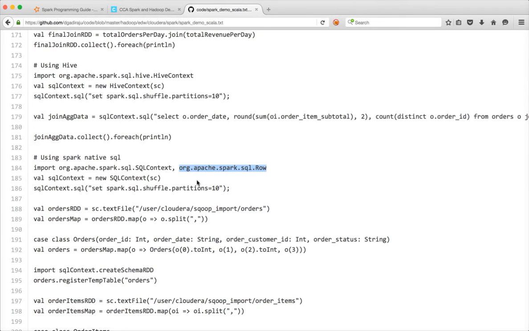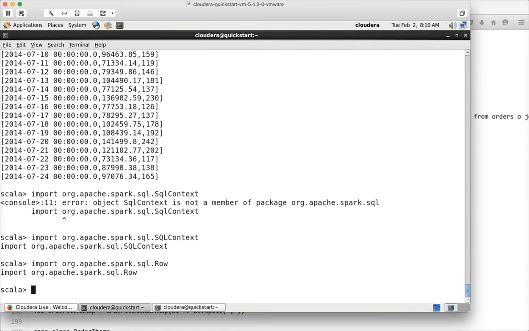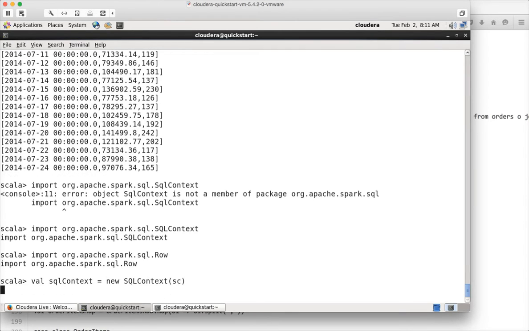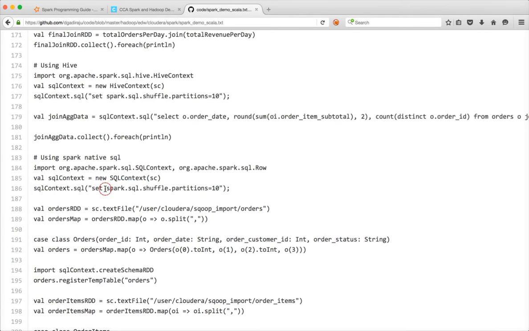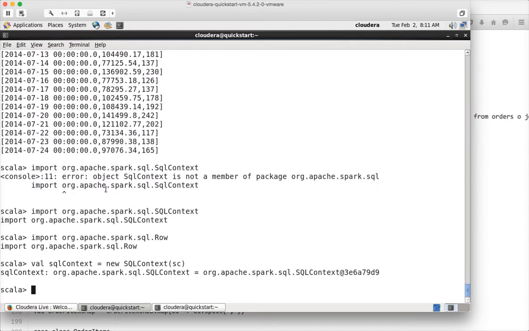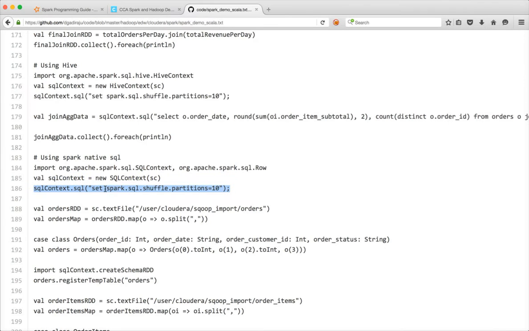Okay, so now we have imported the SQL context and Row. We have to create a variable by invoking the SQL context constructor with the Spark context parameter, and here I am setting the shuffle partitions to 10. After that we need to read the data. If you don't have the structure, if you don't have the Hive table, you have to read the data and you have to create the structure on top of it. So here I am reading the data,